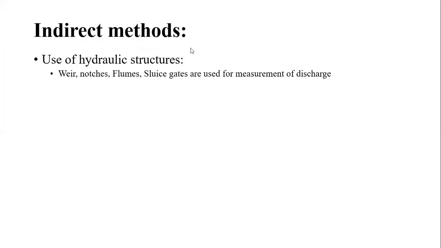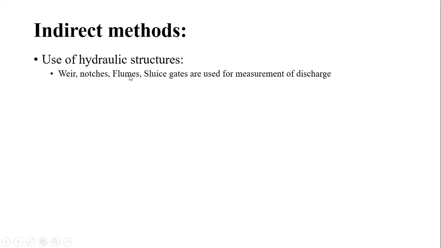अभी यहाँ जहाँ पे विड्थ बहुत ज्यादा रहता है तो वहां पे क्या करते हैं, we used to provide the gates. So by measuring the discharge passing through each and every gate, or if the gates are of the same dimensions, but the gates at the center of the river pass the maximum discharge compared to the others. So in such cases, you will be required to measure the discharge passing through each and every gate, and at the end we have to add the discharge of all the gates so that we get the total discharge passing through that river or stream.